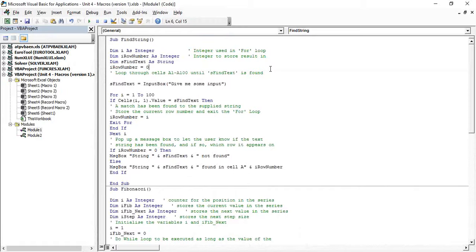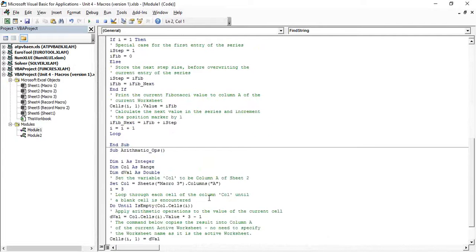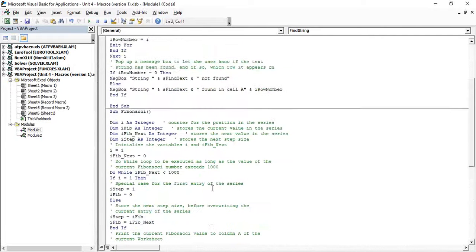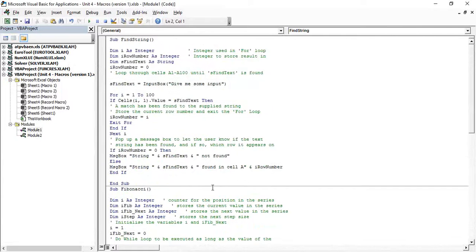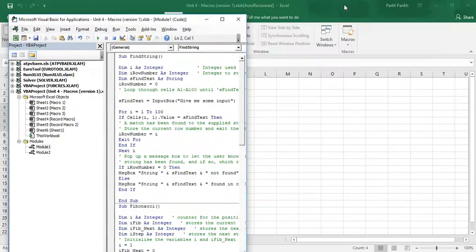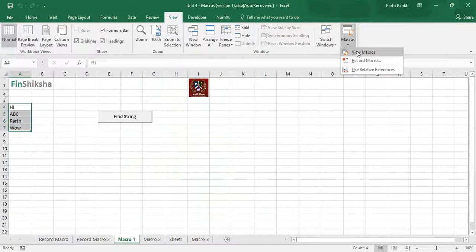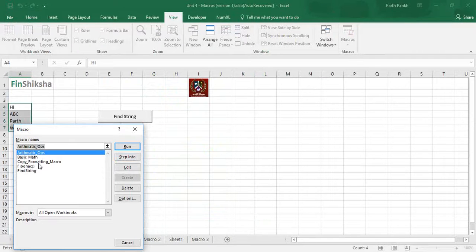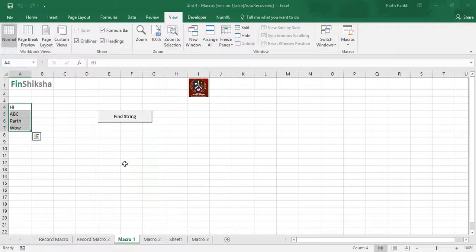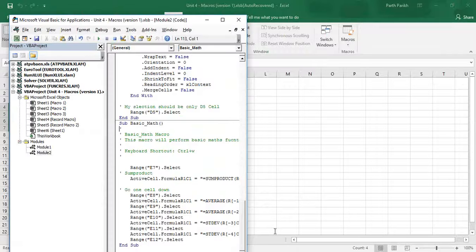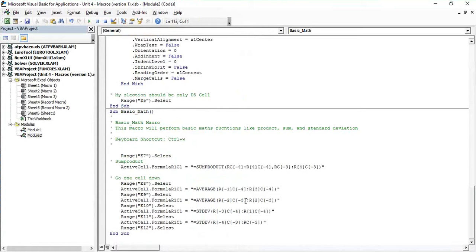Now, when I created this macro, find string, I first have to declare something, unlike the other macros which we have already done, which were part of recording a macro. If you go to see macros, one is the basic math macro, and if I click on edit, this is more like a basic math macro which we had recorded.